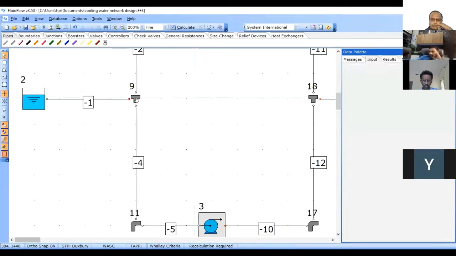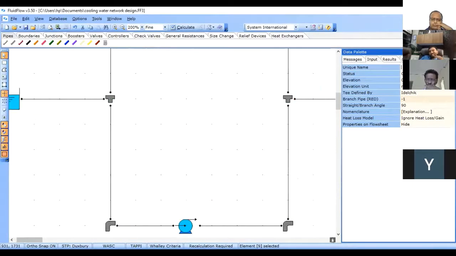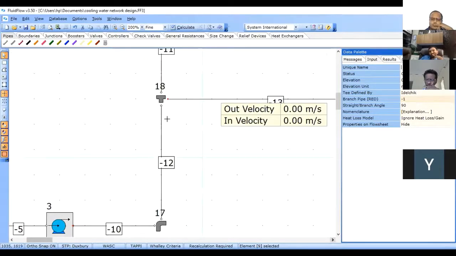Why is this important? Because you are using idle check, and idle check wants this red dot to be specified in a specific way. Okay, then we'll move to the next T. Here also it is the same thing, but in this case, the flow is getting combined. So if I go to the explanation,